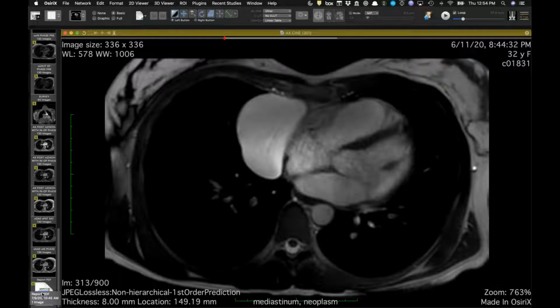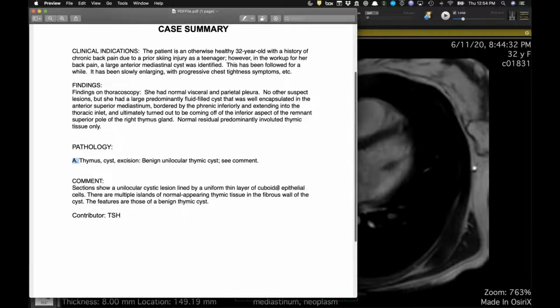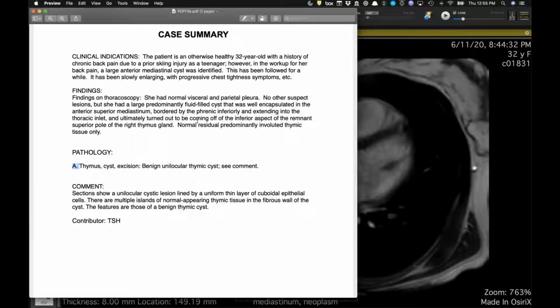Bronchogenic because it enlarged and she had symptoms, but thymic cyst. It's a thymic cyst. It was unilocular, and on their description there was no inflammation. The fluid was clear, which is weird. It had just gotten bigger, and so maybe her symptoms were unrelated to that. But on their description, it extended superiorly and turned out to be coming off the inferior aspect of the remnant